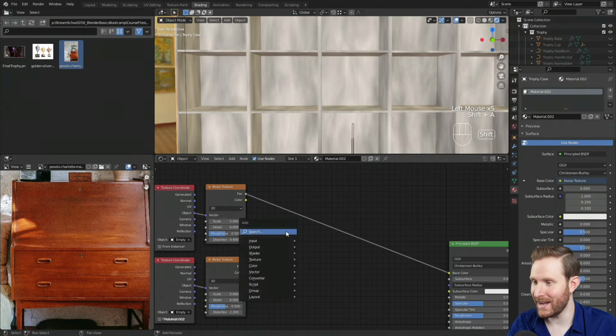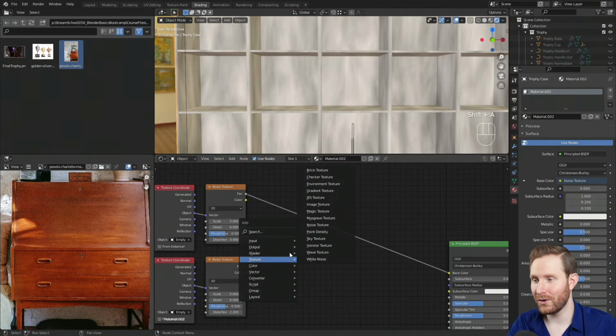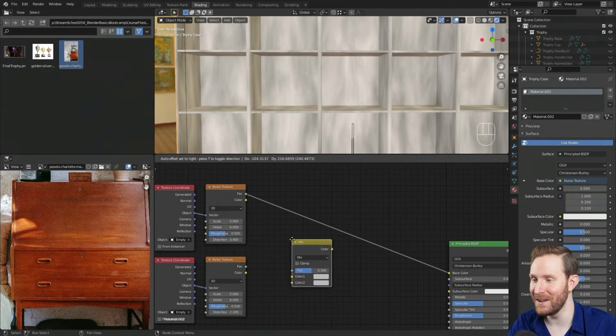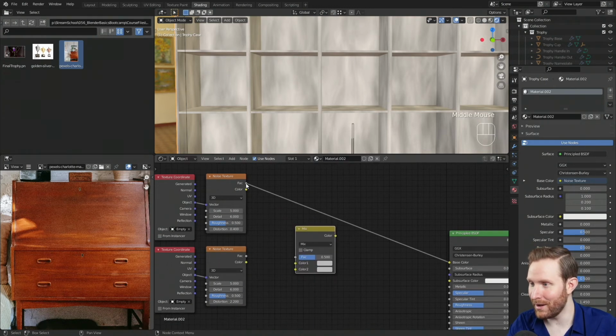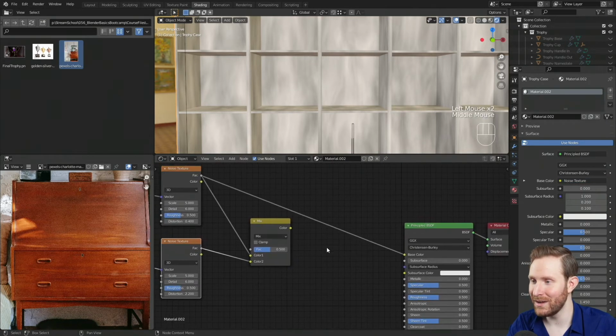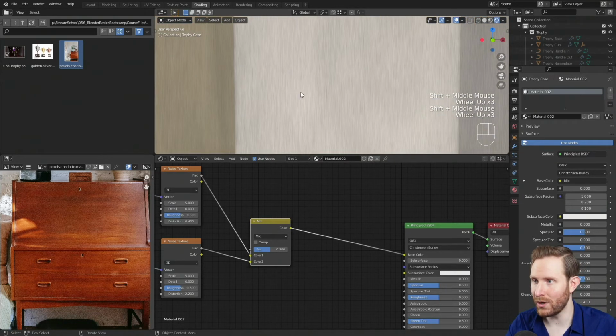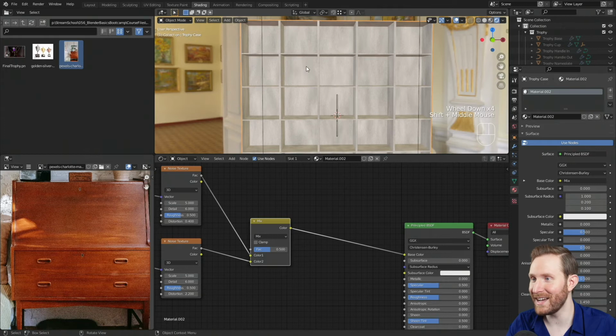So I'm gonna hit Shift A, go to color. I'm gonna grab a mix RGB node, snap it down, plug the large grain into slot 1, the small grain into slot 2, and plug the mix into our base color here. So immediately, you'll notice we have some nice wood grain,